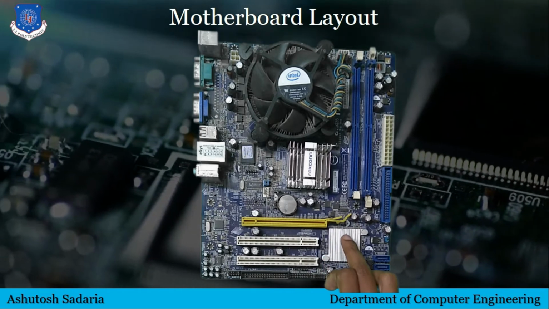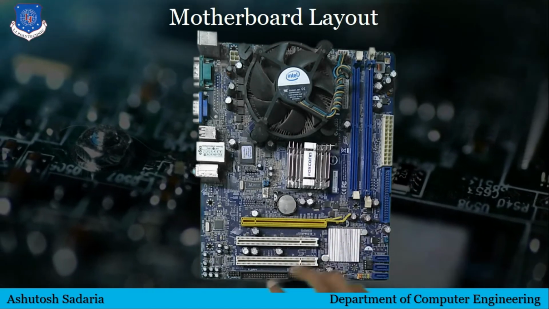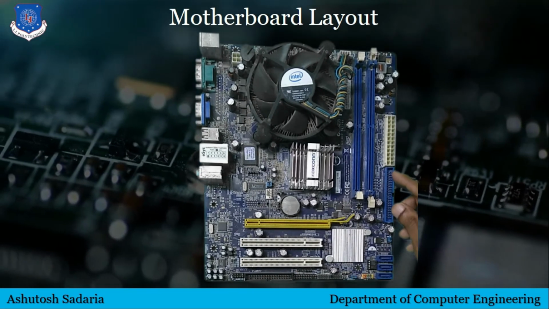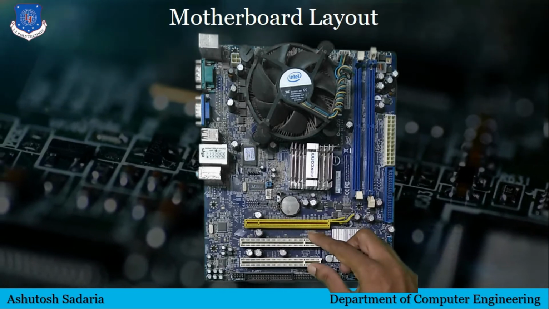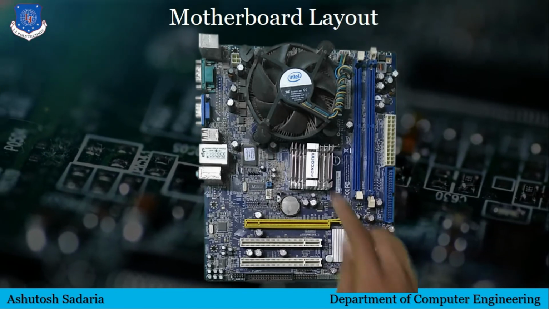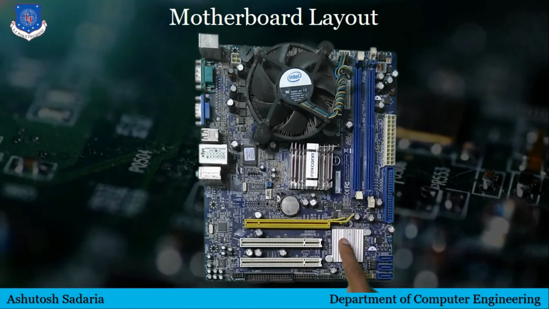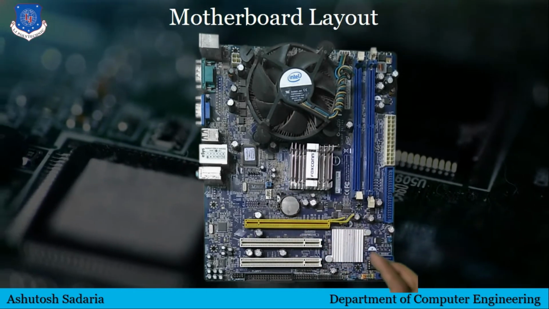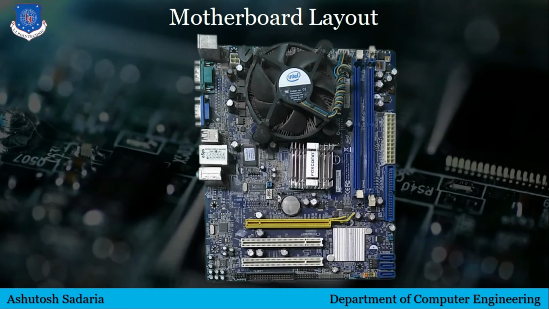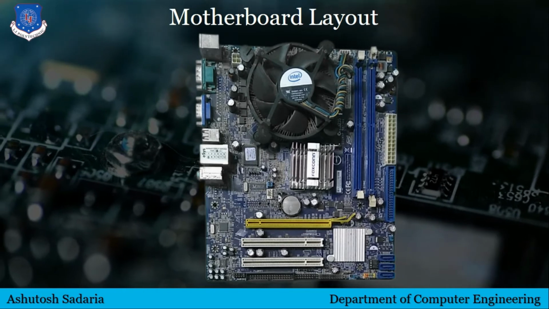So you can see that the South Bridge chip is directly connected to input and output components. The floppy disk, IDE based hard disk, SATA hard disk, and PCI based cards are all connected to South Bridge. And South Bridge is connected to North Bridge and North Bridge is connected to the processor. So South Bridge is directly connected to input output devices, and is also called Input Output Controller Hub, ICH.